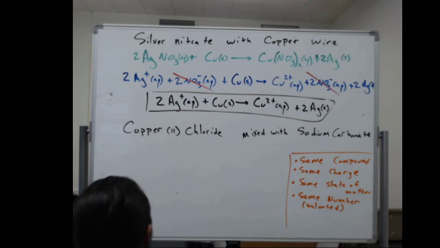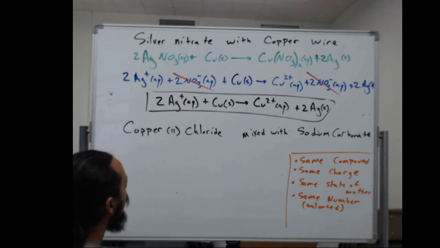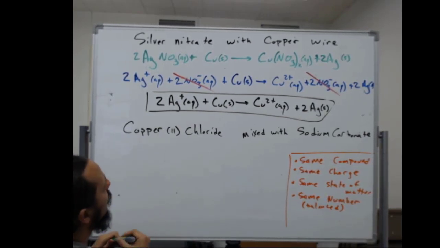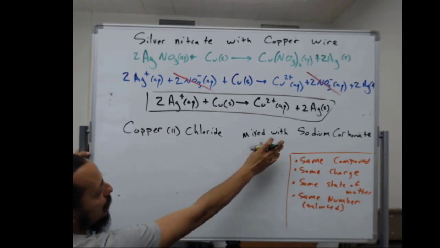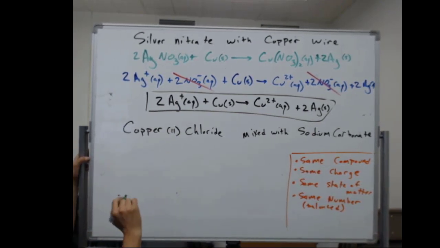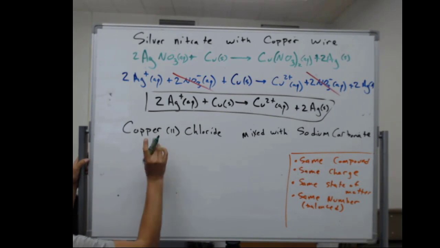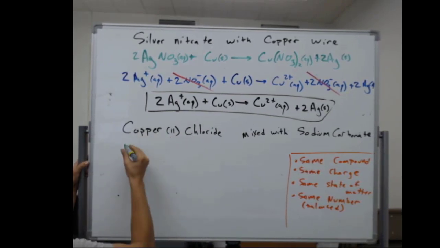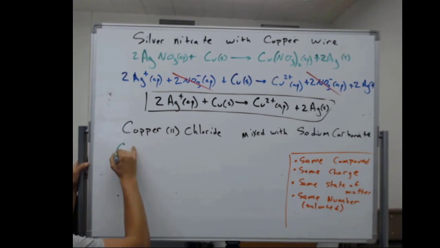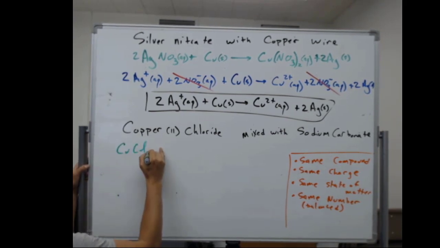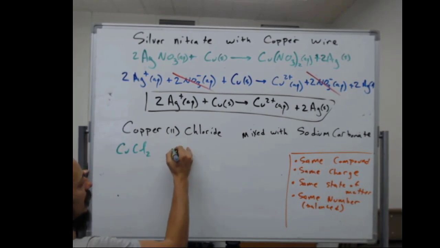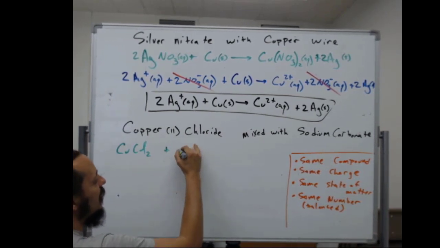Okay, let's go ahead and do this one together. So we're going to start by writing the chemical reaction. We're doing copper chloride mixed with sodium carbonate, and it's copper(II) chloride, remembering that this copper 2 tells us the charge on the copper. So it's going to be CuCl2, 2 chlorines to balance the +2 charge there, plus sodium carbonate,